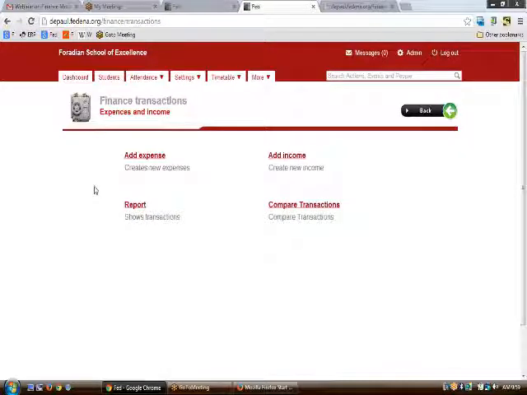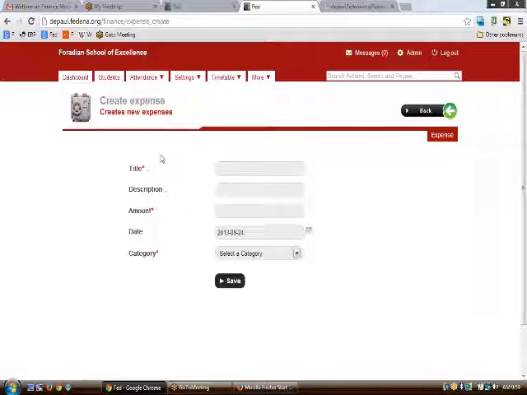Again, in transactions we have something called add expense and add income. Whenever you click on add expense, you get a page where you need to fill in what the expenses were for a certain thing.